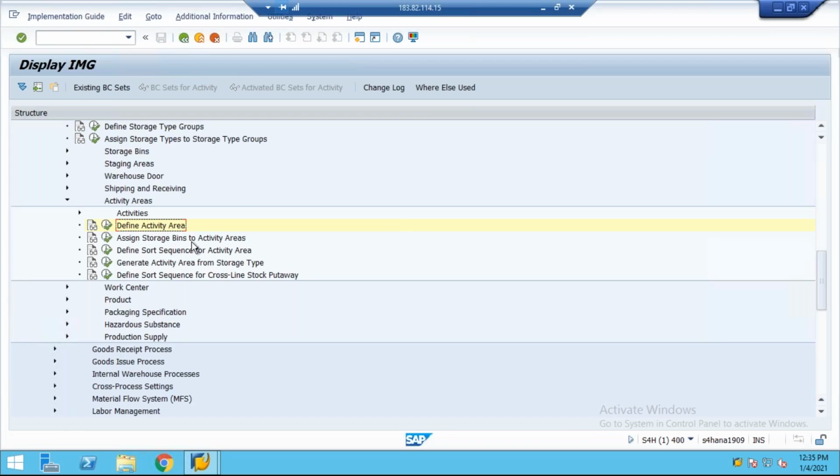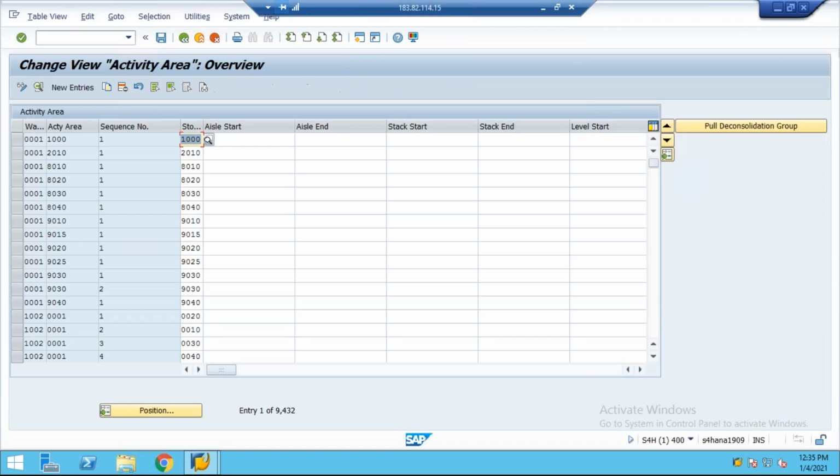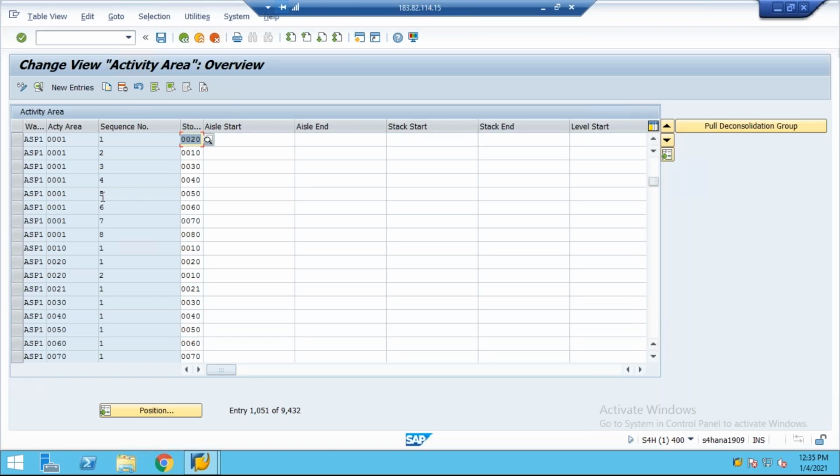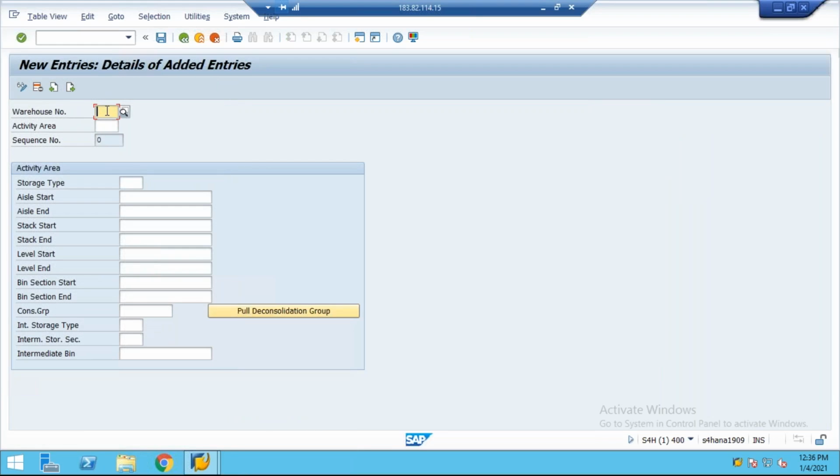Now define storage bins to activity area. Here what I will do is, the activity area entry will not be here because these are new entries, warehouse number